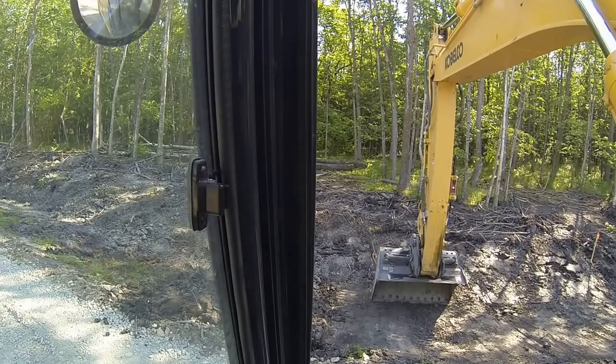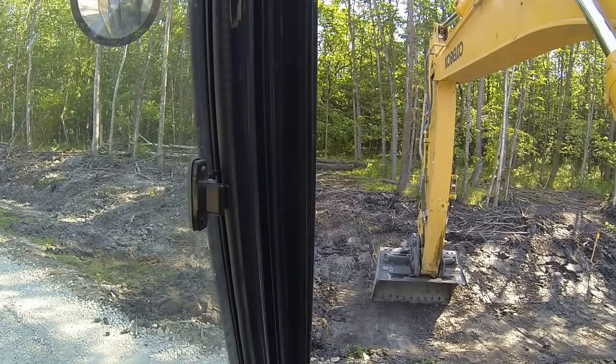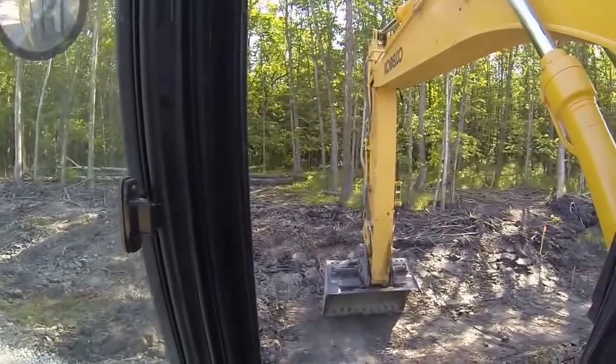When that light stops beeping or flashing, it means the stick is plumb, which is important, because otherwise you could be off several inches or more. So I want to make sure it stops flashing, and I have the bucket completely rolled back, and I got the boom straight up and down, and that basically tells me I'm just about on grade. You can sort of see on the left side over here that the cutting edge is just a little bit